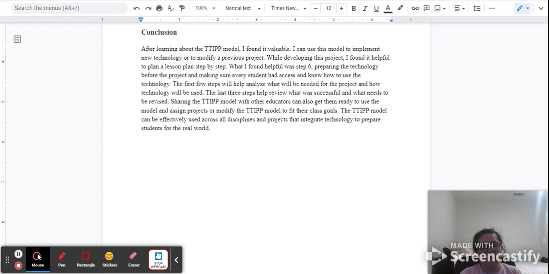My conclusion for this is that I believe the TTIPP model is pretty valuable. It does help teachers plan step by step and prepare them to know what's needed for each step. For example, integrating technology. But that's what I liked about Step 6, that it basically prepares educators to know what technology needs to be used, and making sure that students have access and know how to use it. And I just believe that this model can help educators in the long run to integrate technology and prepare students for real